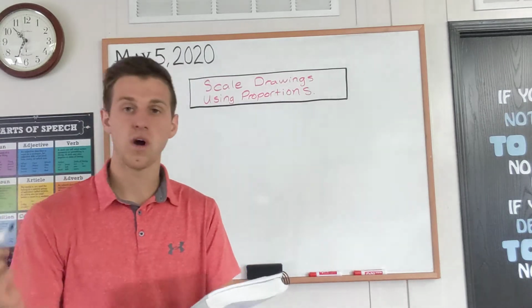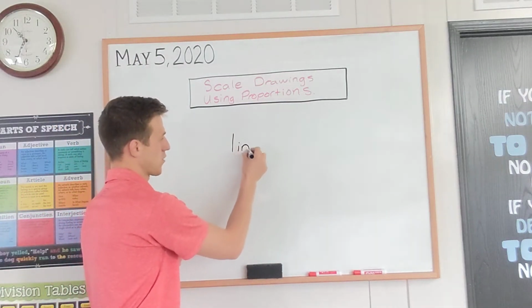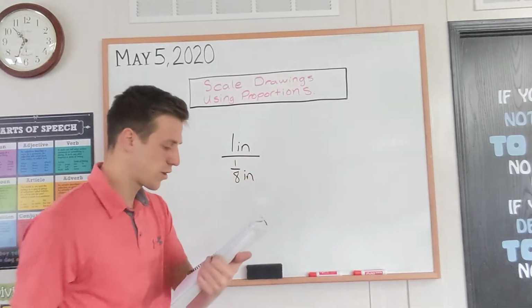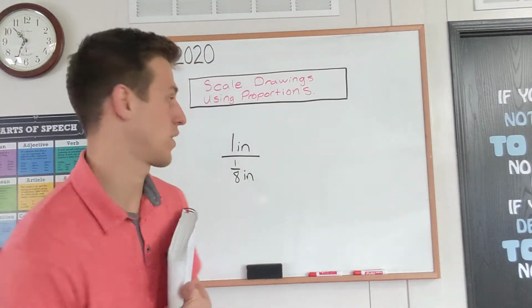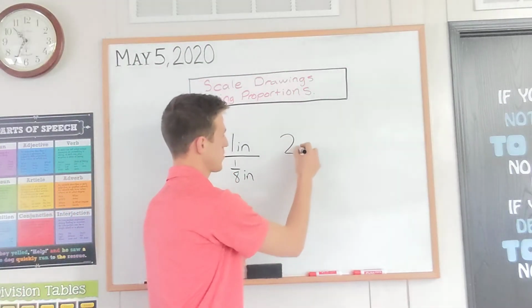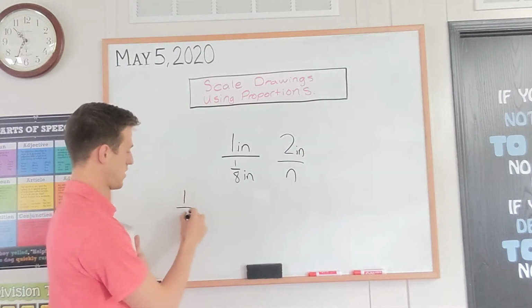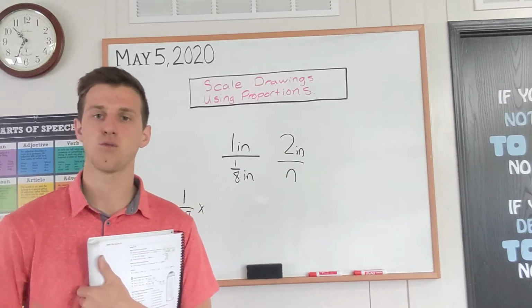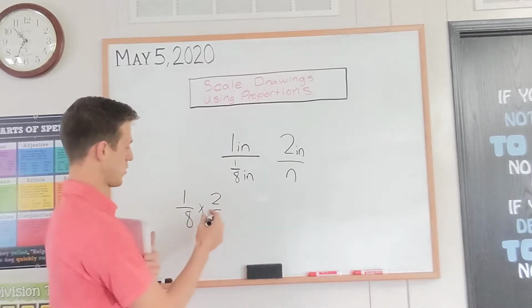So we know that 1 inch is going to represent 1/8 of an inch. So we write that as our proportion, 1/8 of an inch. And we want to know how long is an insect that is 2 inches long in a drawing. So we're going to put our 2 inches up here. And then again, we're just going to multiply. So we're going to go 1/8 times, remember? If we have a whole number, we simply put it over 1 in fraction form. And we can go 2